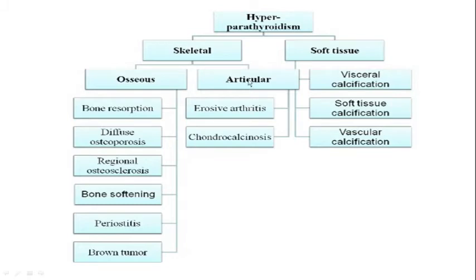At the articular level, you can have erosive arthritis and chondrocalcinosis. There is calcium deposition around the joints. Then you can have a visceral calcification, especially in the vessels, and soft tissue calcification, vascular calcification,